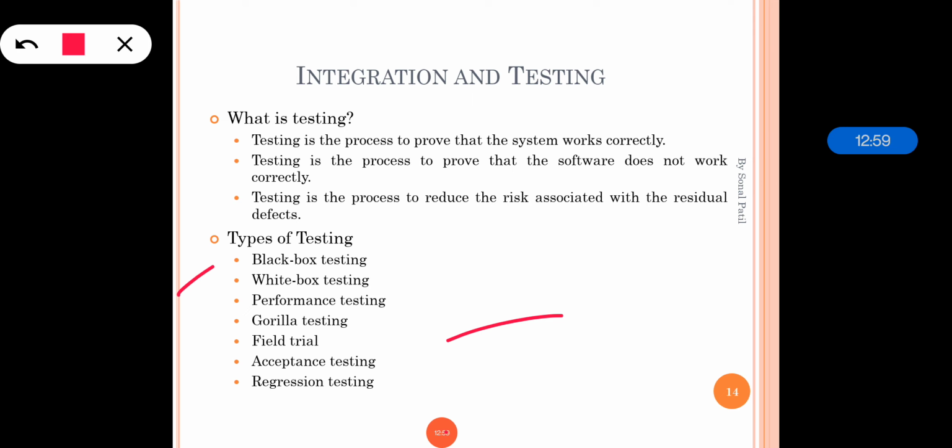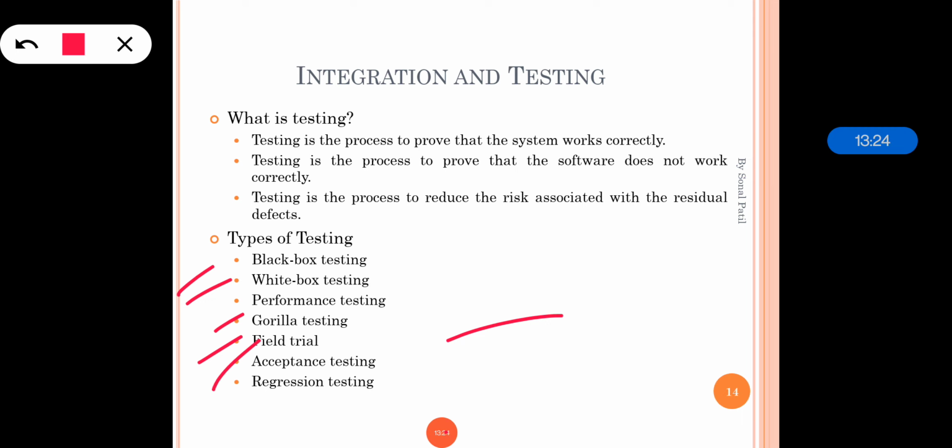In white box testing, the implementation details are considered while testing the system. We will give the input and then the code is checked line by line. In performance testing, it is checked whether the system is meeting the time constraint as per requirement. In gorilla testing, suppose the embedded system is given to a gorilla, he will press the keys randomly and we should